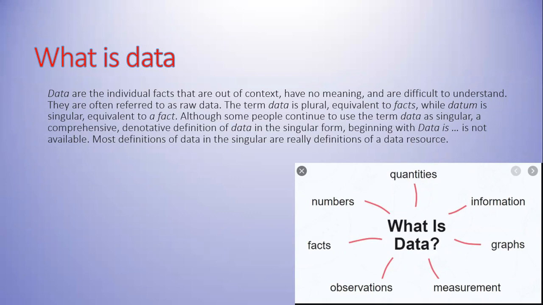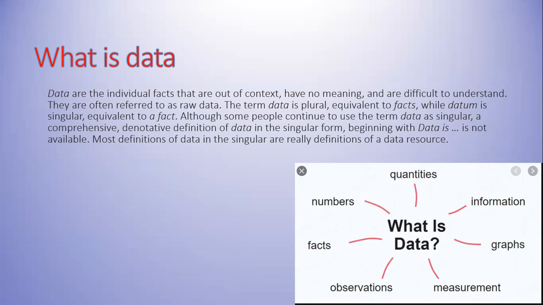So, data and fact could be used interchangeably. Data is actually a plural, and you would say datum for singular, although you don't really see that. It's not really correct to use data as a singular, but that is difficult. People would say data is available. However, it's probably more correct to say data are available. I'm not really the English language police here, but it is important to understand that data is a plurality.